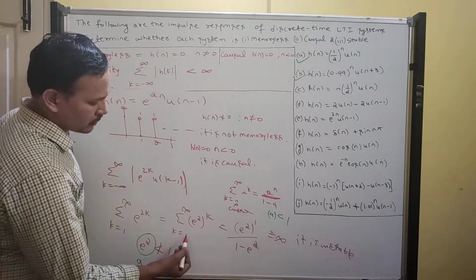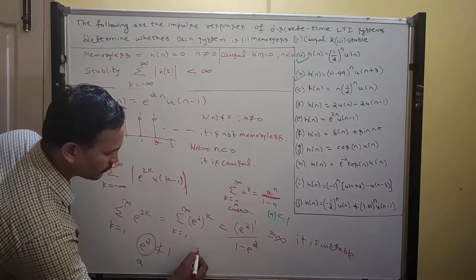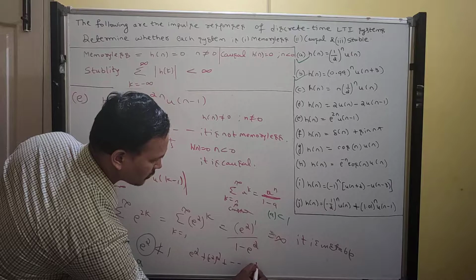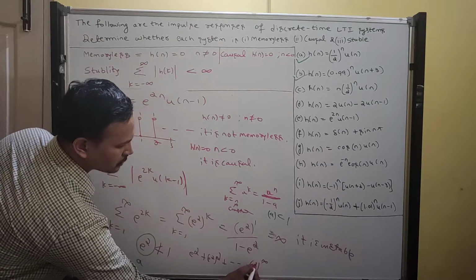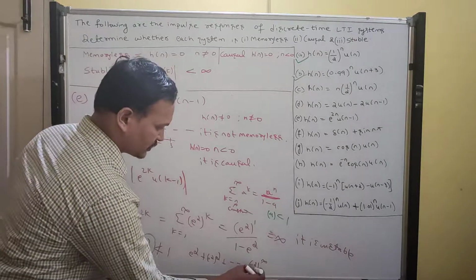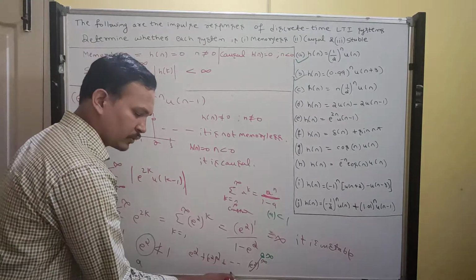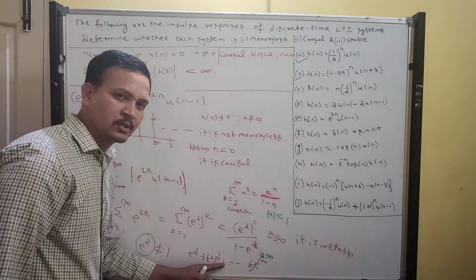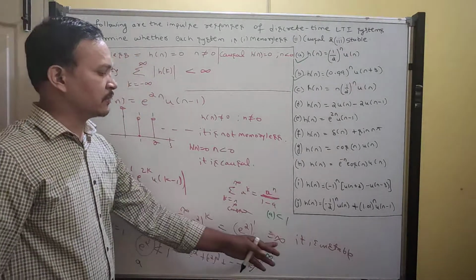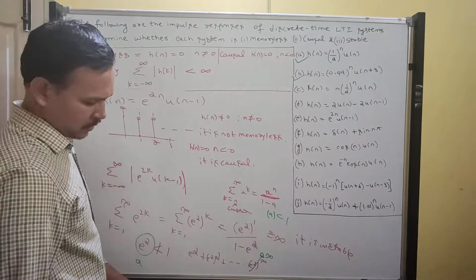Therefore, what can you do? You can keep on expanding. Put k equals 1, you will get e square. Put k equals 2, you will get e square of 2. Like this, the last one is what? Infinity. 2 into infinity is infinity only. E to the power of infinity is infinity. This term will become infinity. Infinity plus something, adding together, you will get infinity. All the others have finite values, but the last one has infinity. So the final answer we can approximate to infinity. Therefore, it is unstable.